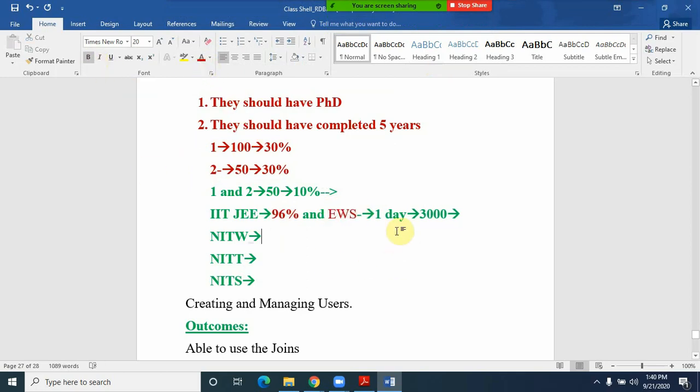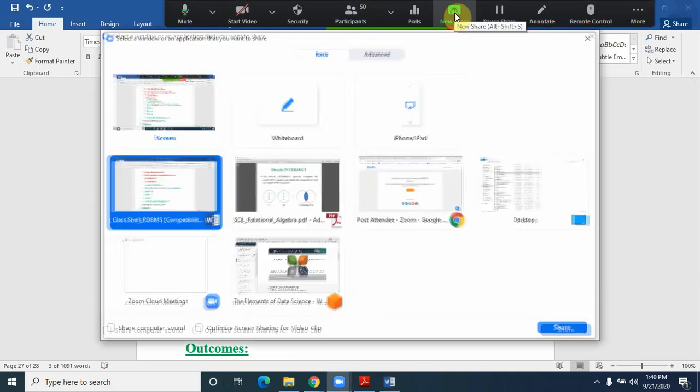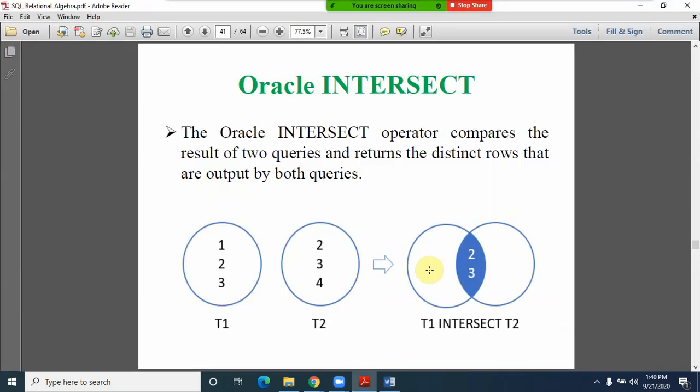Even though a person is having a 3000 rank, for example a 3000 rank with general, a rank less than 3000 with general is not eligible for this, friends, because there is a condition called intersection. Only the members with this criteria are eligible. So for these kinds of situations, we are having the concept of the intersect.